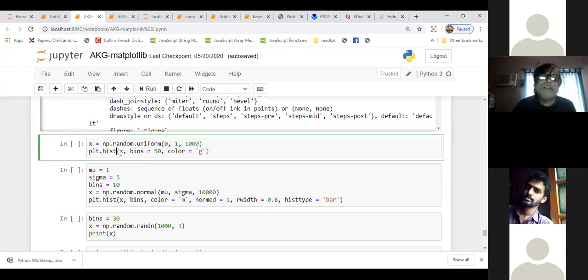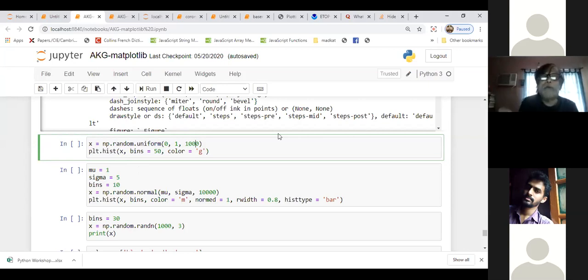So the x data is enough. It will automatically calculate. See, it is so clever. You have created only the numbers, you have given the computer 1,000 numbers. Otherwise, you would have to write on a spreadsheet, or check through some program, how many numbers are between 0 and 0.1, 0.1 to 0.2, 0.2 to 0.3, and so on.